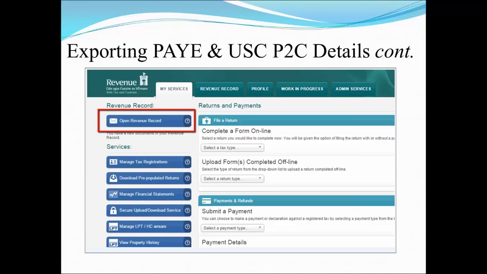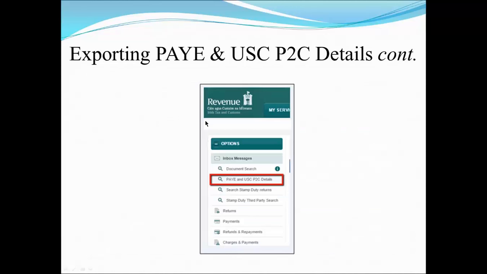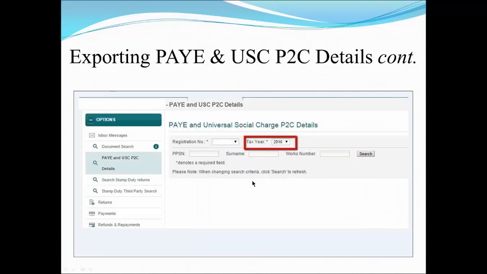So the starting point for exporting your P2C files is that you first of all need to log into ROS, and once you're in your Revenue Online Service there, simply click on Revenue Record. And down your left-hand side under the options, you'll be given the option to click on PAYE and USC P2C details. On selecting this option,